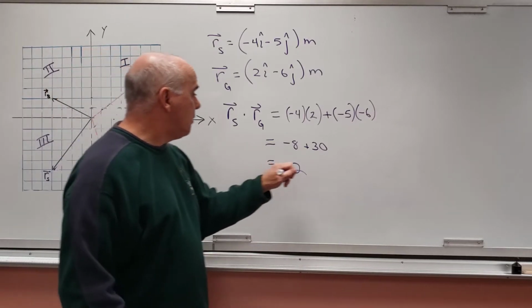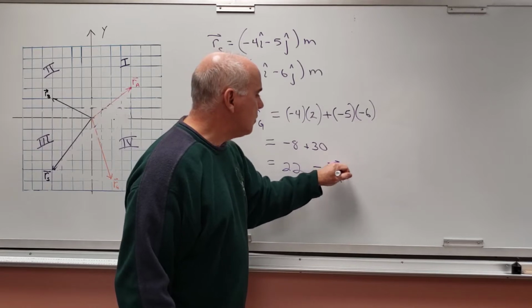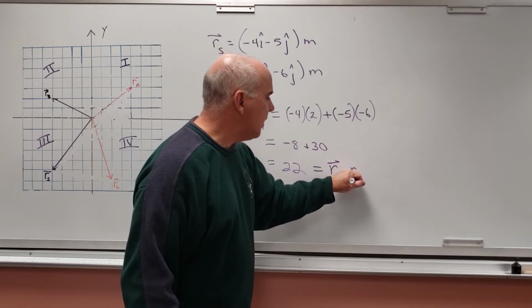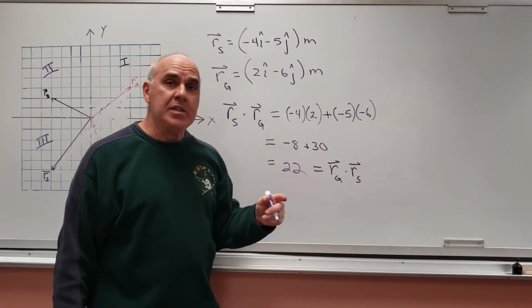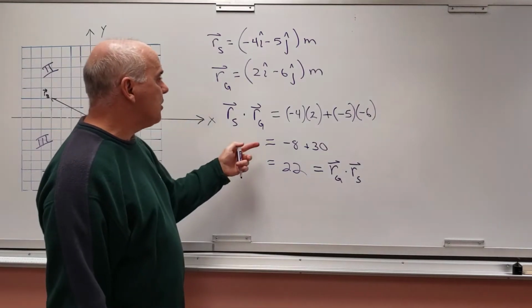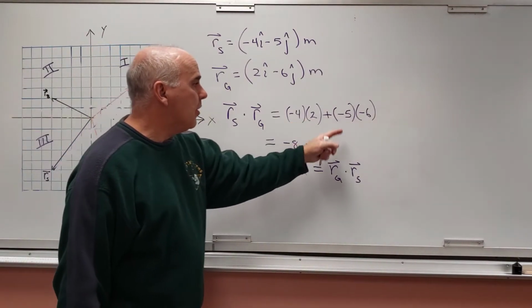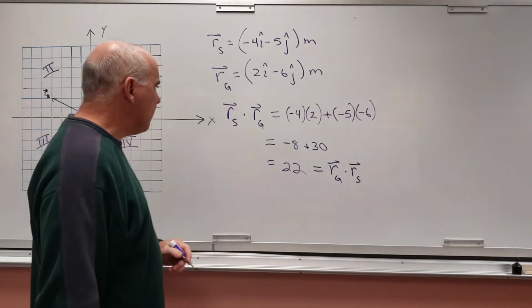Note if I did Grayson times Shelby, I'd get the same thing. So this is equal to the position of Grayson dotted with the position of Shelby. The dot product is commutative. And that would just be 2 times negative 4 and negative 6 times negative 5. You'll get the same thing. The other thing this is equal to,